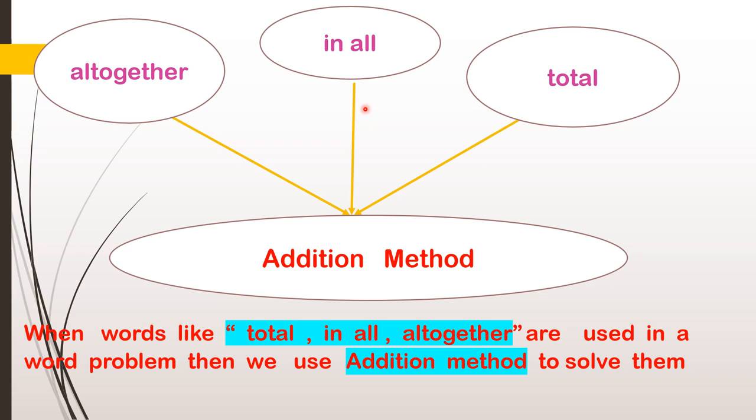I have 8 books. I gave 4 books to my friend. So how many books are left? Or I have 8 books. My friend gave me 4 books. How many books in all? So I use the word in all. So 8 plus 4 gives me 12. So these are oral sums which we can do orally. But now the teacher will teach you to solve the problems in written form.